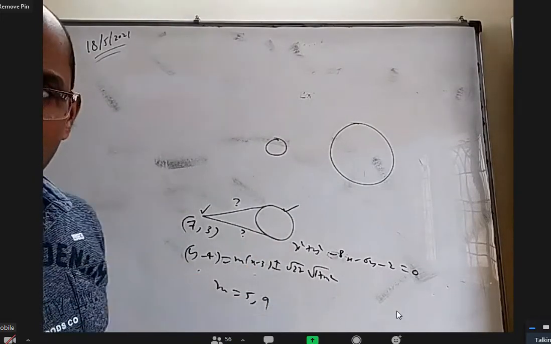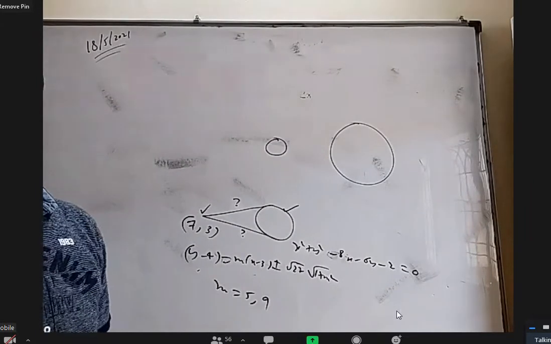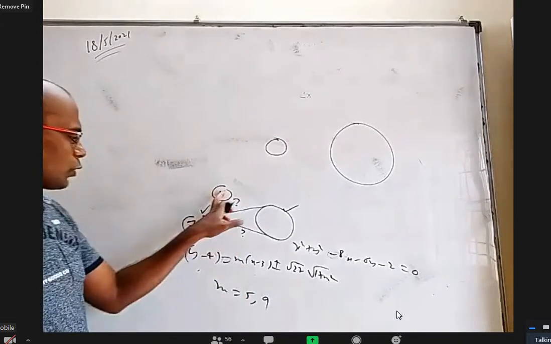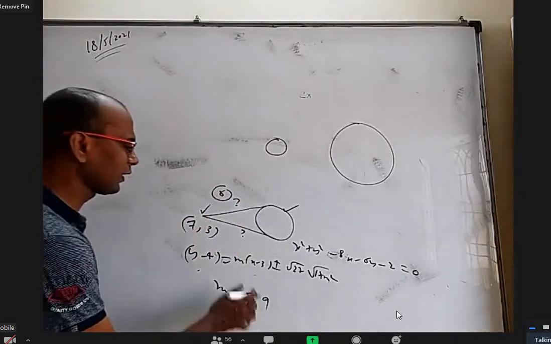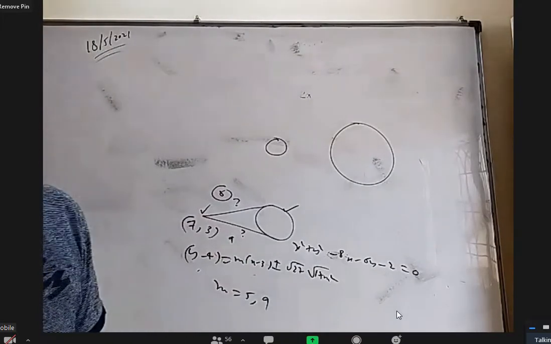Plus or minus is there, na? But in that only 2 are correct, 2 are wrong. Why? After getting the slope, don't put it here. You know slope and point, now find the line. After getting 9, you know slope and point, find the line. One may say 2 extra are coming, what are they?